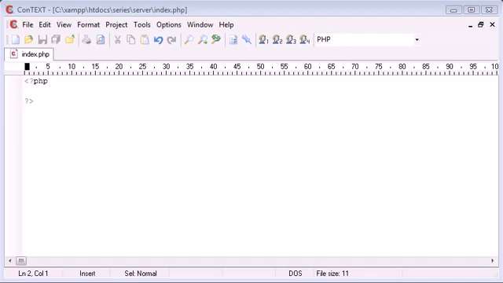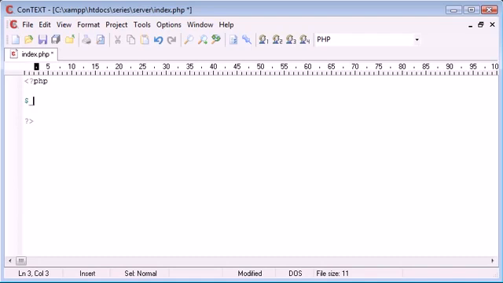Now in this video tutorial, and the video tutorials that are going to come after this in this short server series, we are talking about a predefined variable in PHP called $_SERVER. Now you may have seen this before if you've dealt with PHP before. Server is a predefined set of environmental